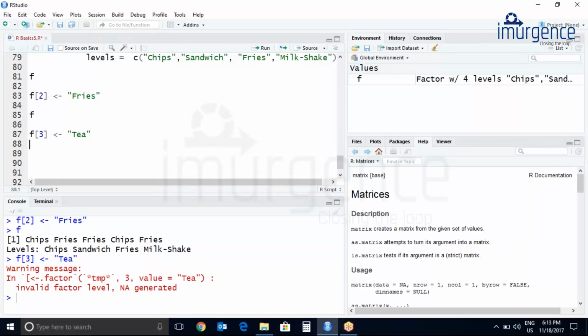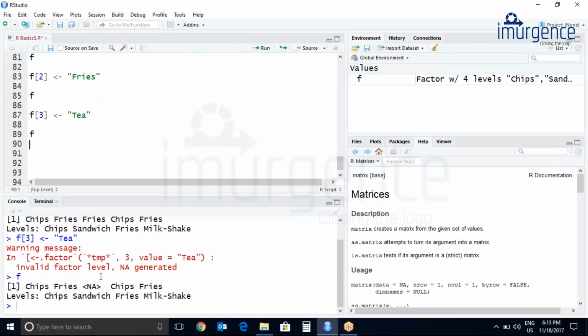If you print f[3], this code is executed, but you will see NA at the third element instead of T. So from this scenario, we can see that factors cannot assign values outside levels.